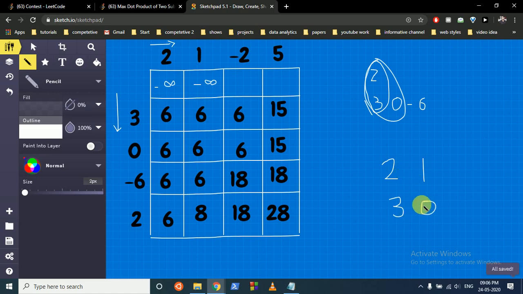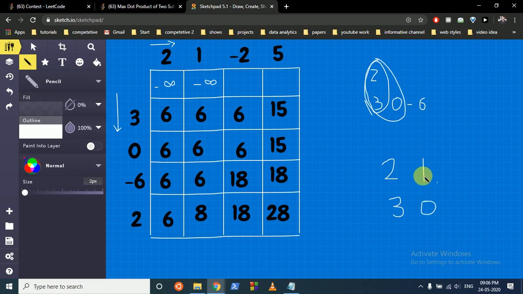Now the maximum can be, if we just take these elements, which is take 2 into 3, because if we don't include 0, then this can be the maximum, or we take everything, that can also become the maximum.